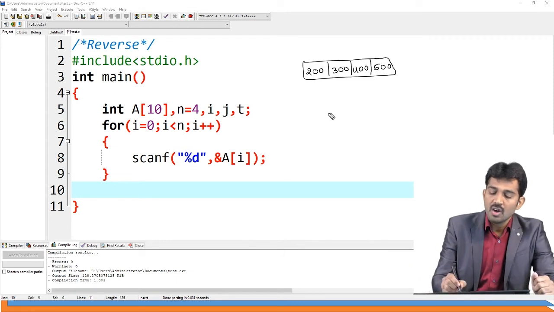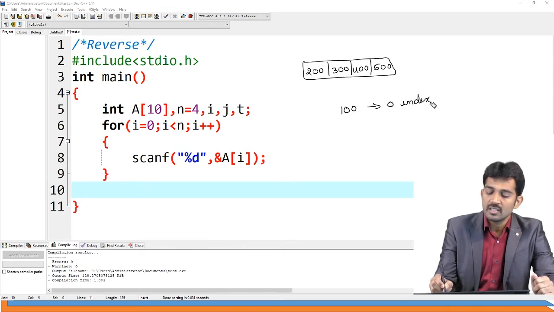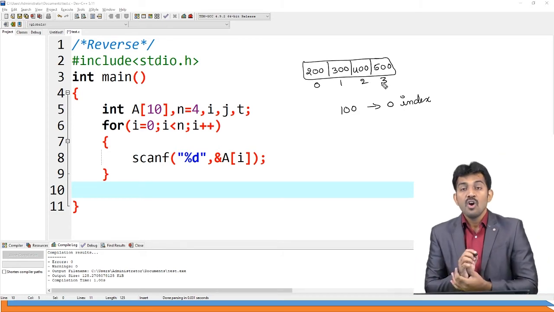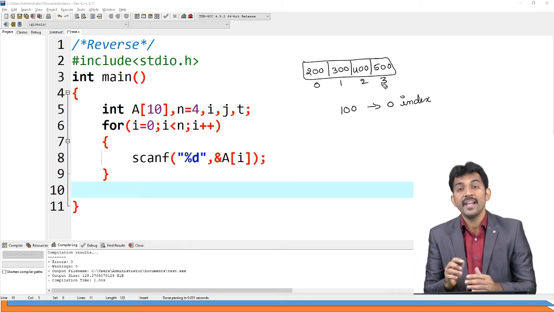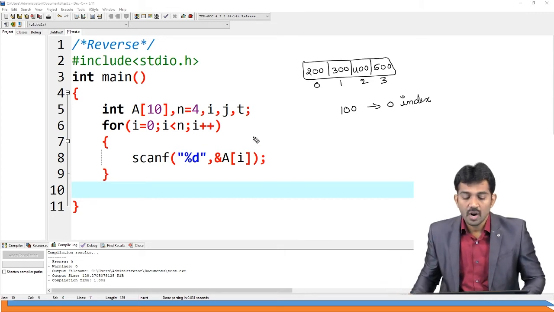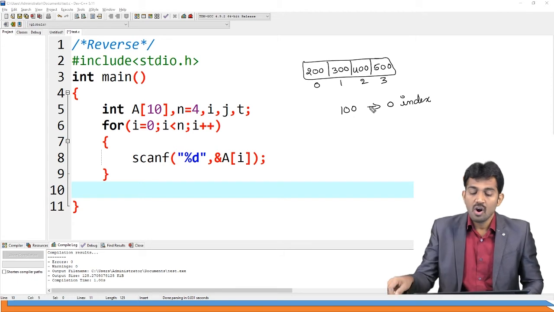My task is, I want to insert one more data item, 100, at 0 index. This is my task. Insertion of 100 at 0 index. Already 0 index, 1 index, 2 index, 3 index, data is there. What should I do? I should move my data to the next position. Right? After this statement,